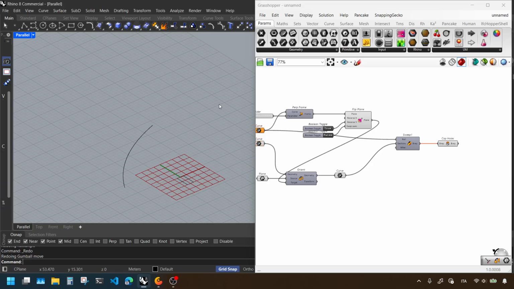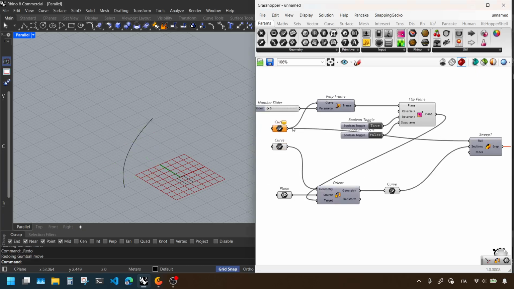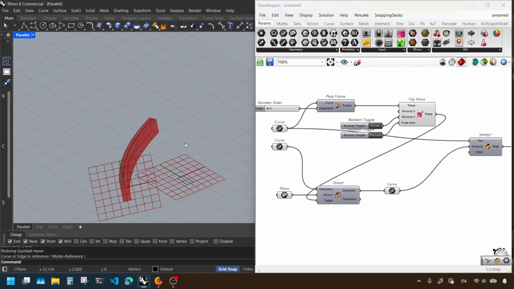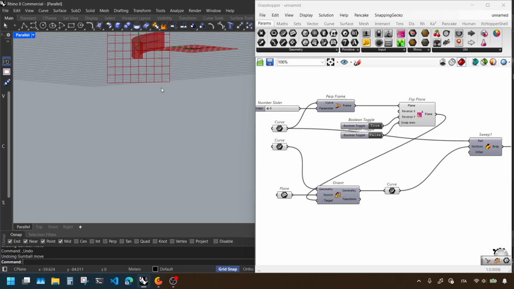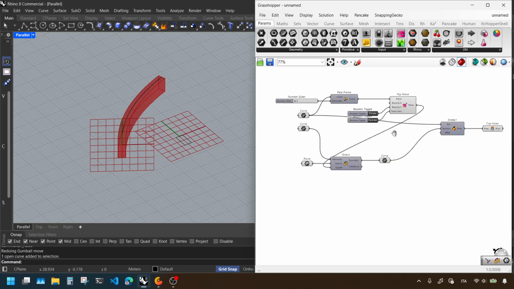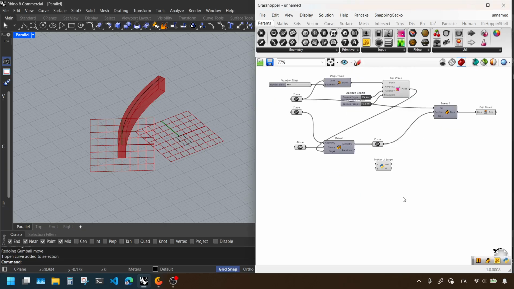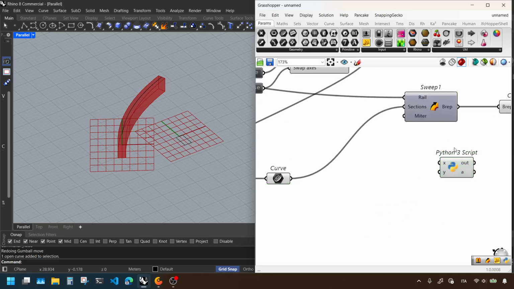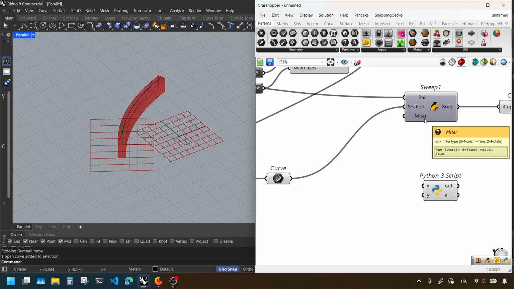So let me try to do that again. So I'll just select this one. Okay, we just want to reproduce actually. Yeah, like this. We just want to reproduce this beam in Python as well. So let's do Python. And for the sweep, what we need to do is we want, let's see, a rail and sections. This miter is just telling you how it has to